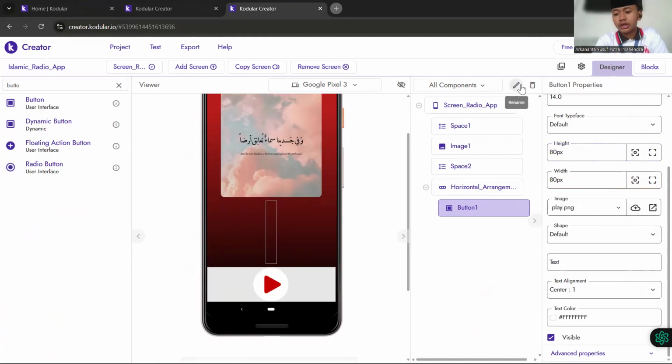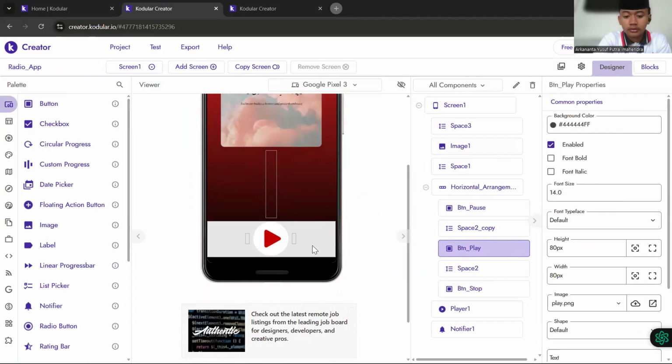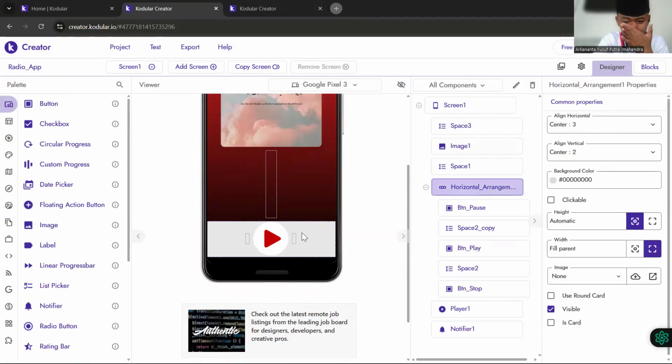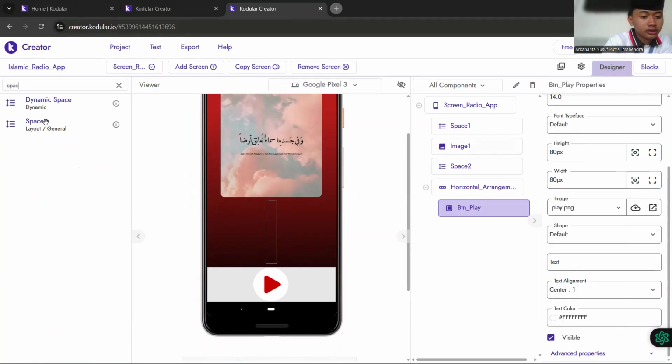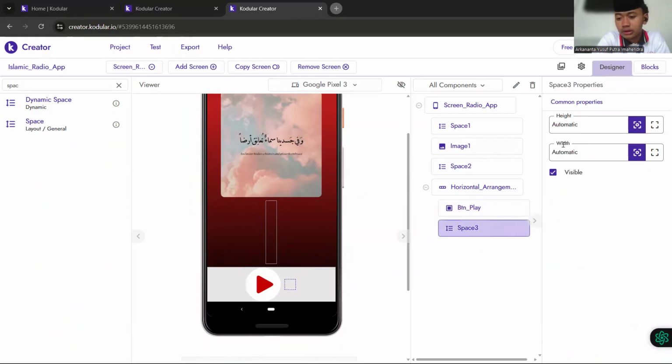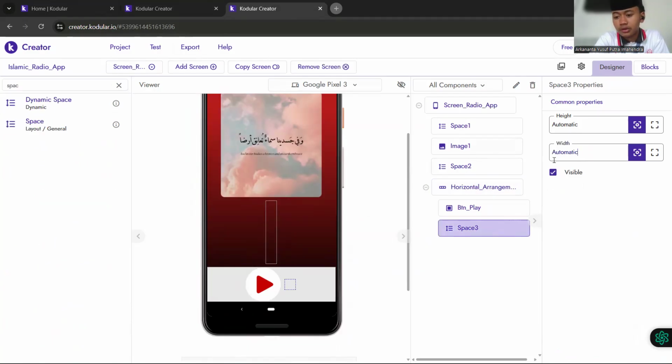Then we can change the ID to btn play, so that we can add space. For the space, the width is 3%.